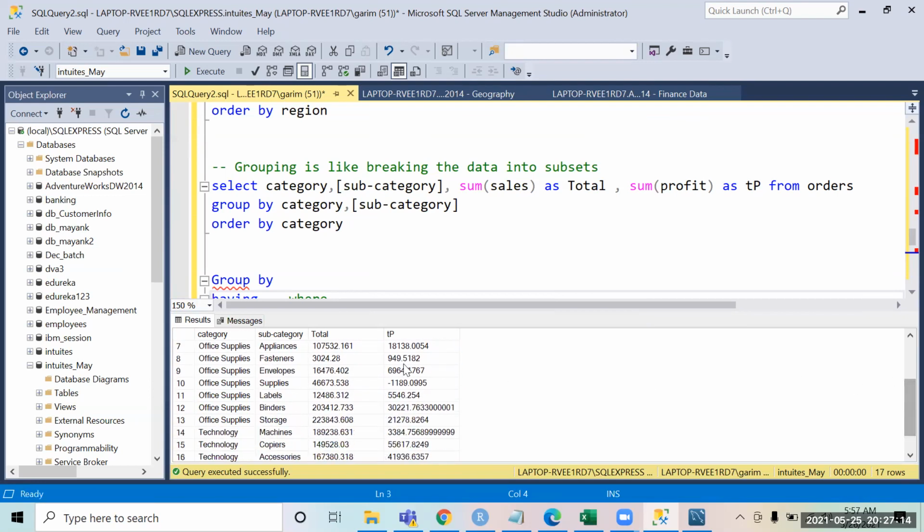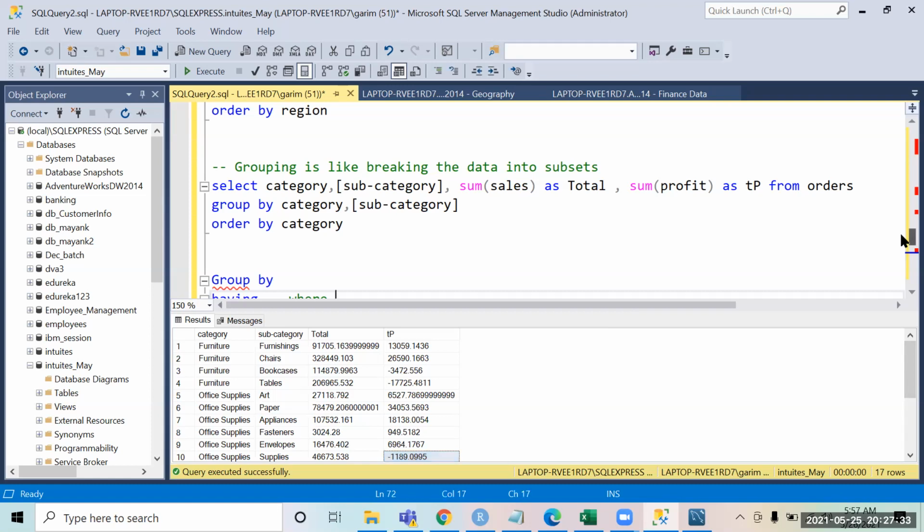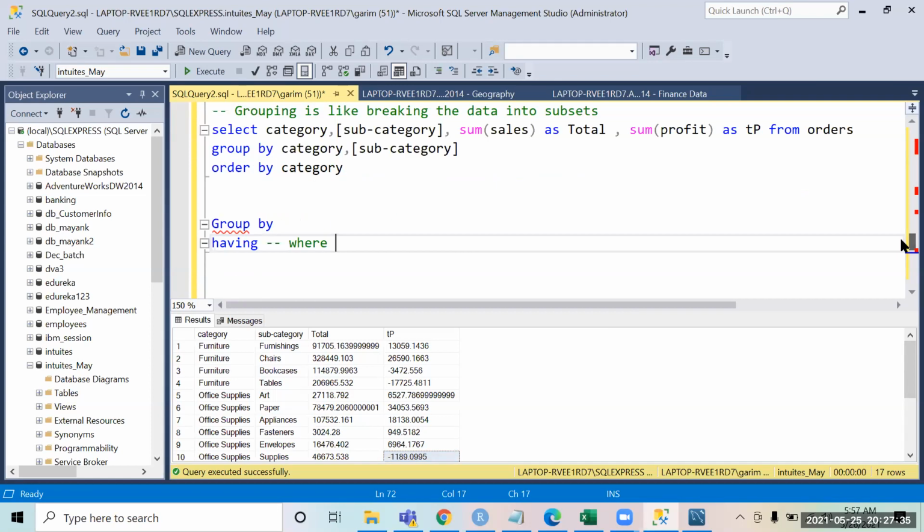If I scroll down, this is again negative, right? So a lot of profits are coming in negative over here. So with the report or the number that I'm going to share with my boss, he says I only want to share the numbers of those subcategories which had positive